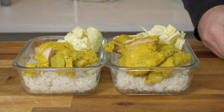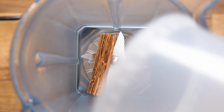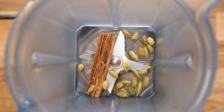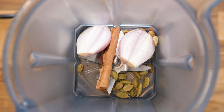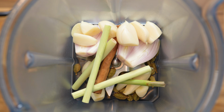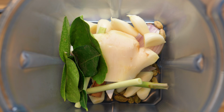And finally, the Malaysian style chicken thighs with coconut rice and cabbage. This is a simple marinate and bake chicken thigh recipe. I grabbed my blender and added half a cinnamon stick, 4 grams of green cardamom, 30 grams or 1 shallot, 30 grams or 1 head of peeled garlic minus 3 cloves that we're going to use in just a minute, 1 stalk of lemongrass, a nice chunk of peeled ginger, also 30 grams, 6 fresh Kaffir lime leaves, 30 grams